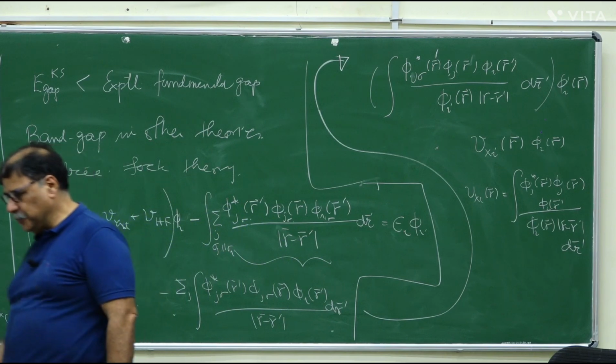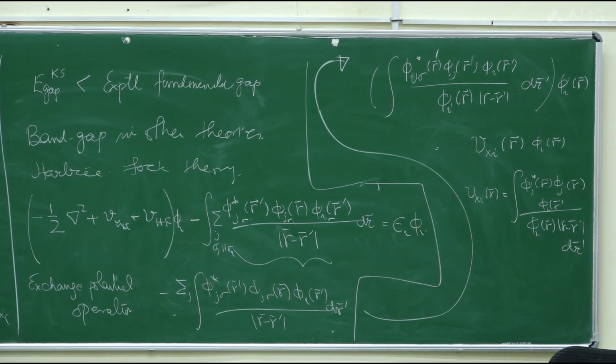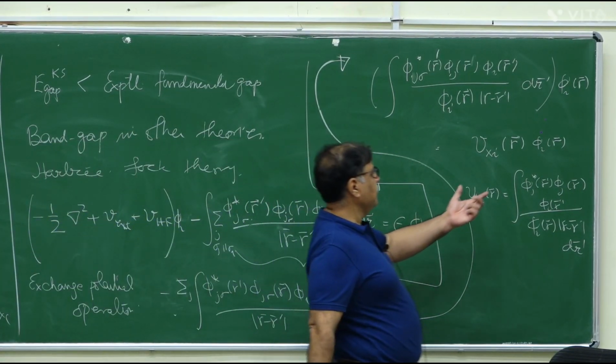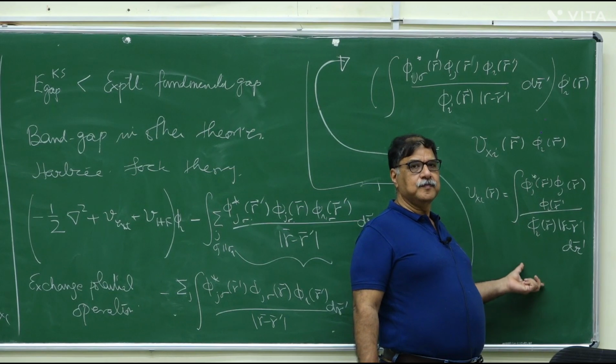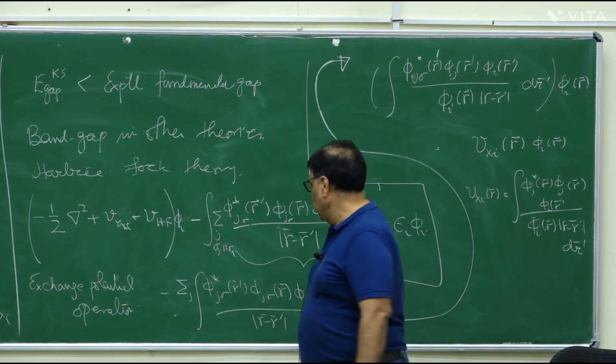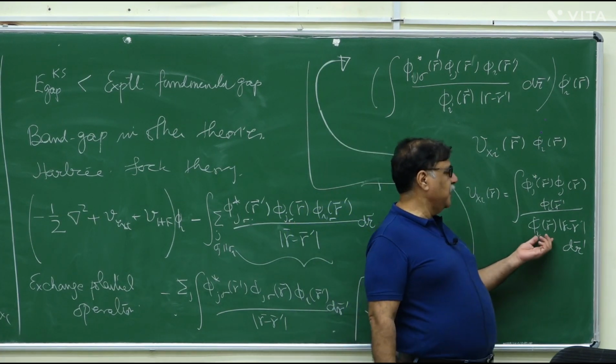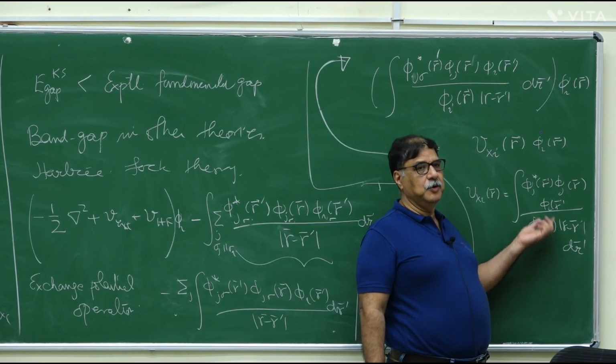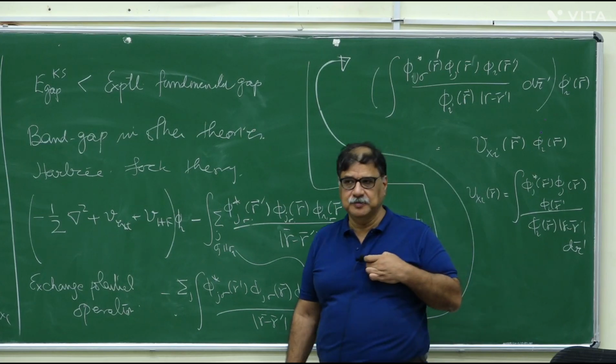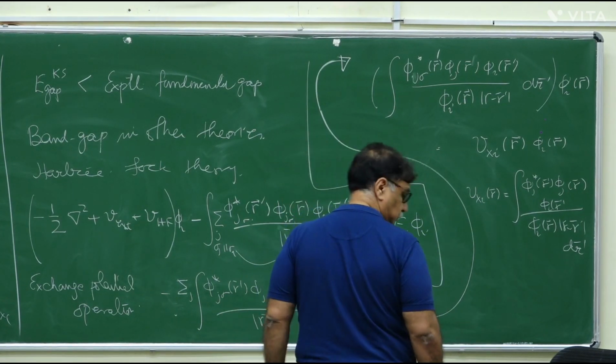So I can think of the exchange potential as a potential which is orbital dependent, right? It depends on i, and then it's multiplicative. Is that okay? The only problem with this is that wherever phi i(r) has a node, it goes up. So it's not a well-defined potential. Nonetheless,